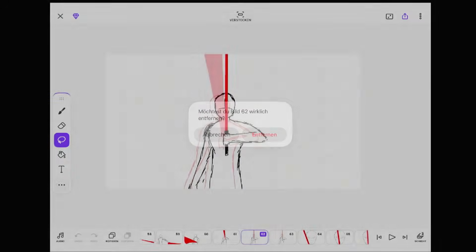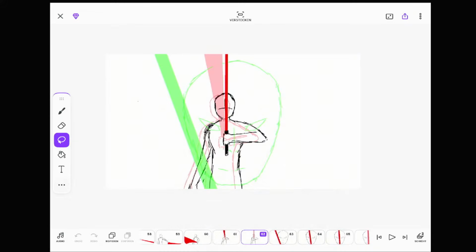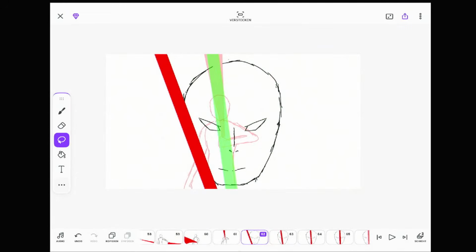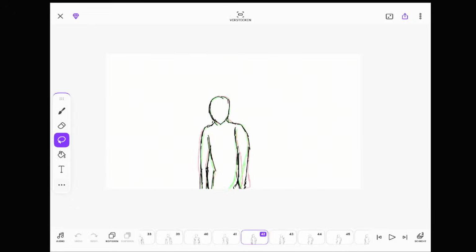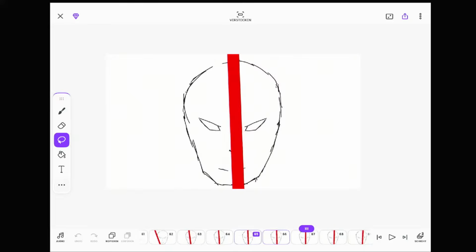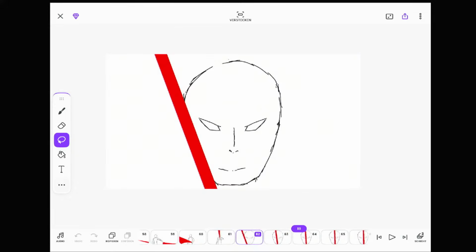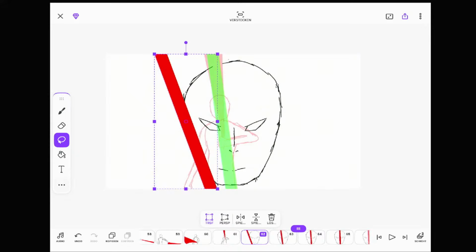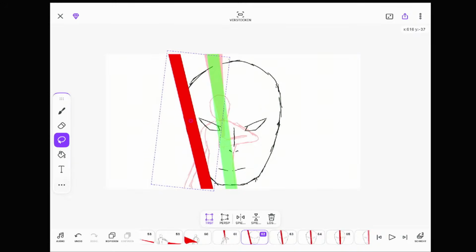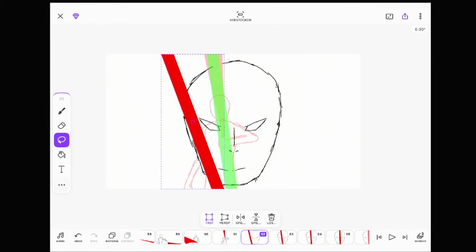These frames are not moving with the lightsaber. That's a little bit smoother. So this one closer.